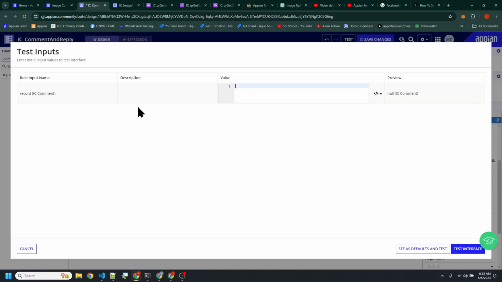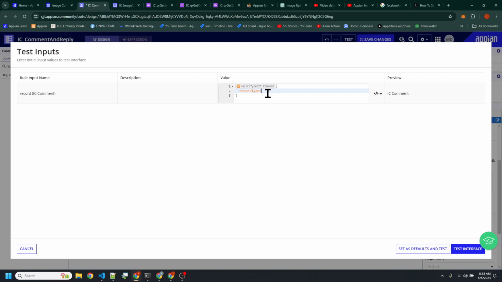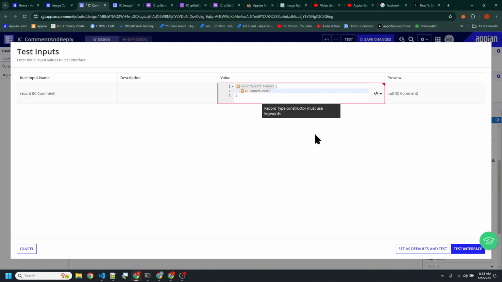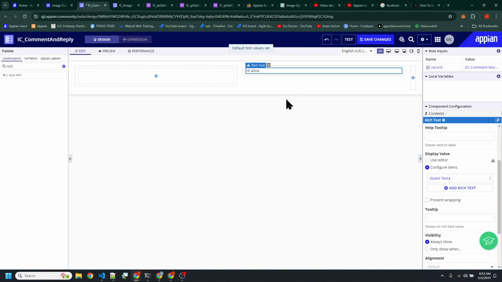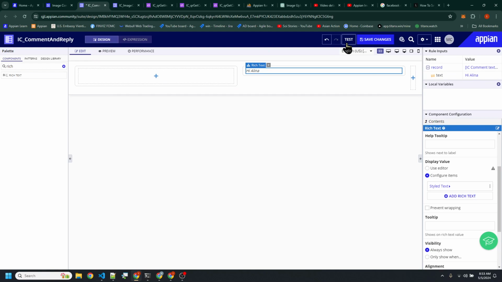Let's create a test case here. Let me show you how to do it. I see comment here. We're gonna build a constructor, and then we're gonna do a record type here, and I see comment. Then we're gonna do a field here, and then fields, and then text, and we're just gonna say this is equal to like hi Alina, something like that, right? So let's save this as a default. Okay, boom. We got a test case here. It appears to be working as expected.